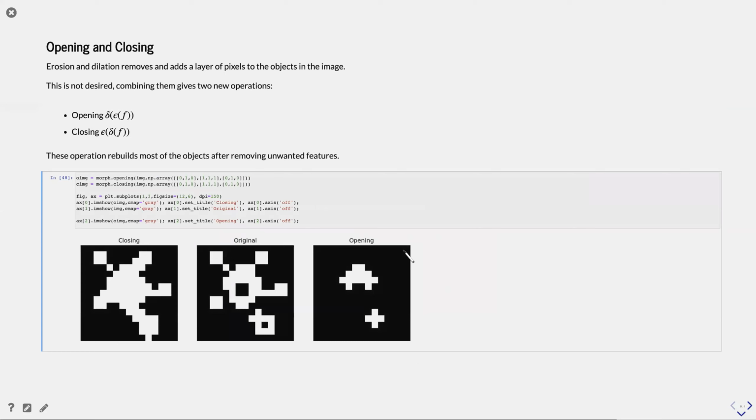This is maybe good, but as you can see, you change the shape pretty much, and you don't always want that. You actually want to keep the original structure as much as possible. If you combine the two of them, you get two new operations called opening and closing. Opening is an erosion followed by a dilation with the same structure element. And then you have the closing, which is dilation first, so you grow,